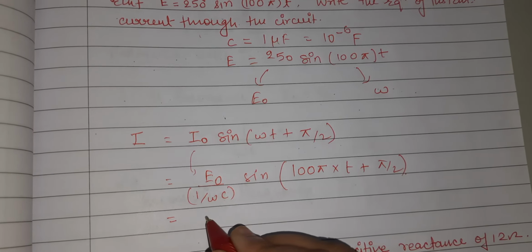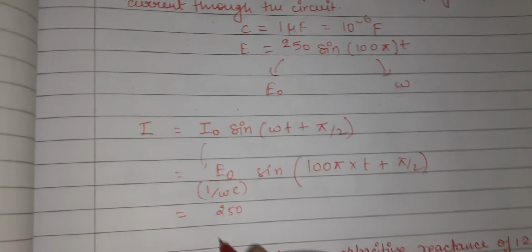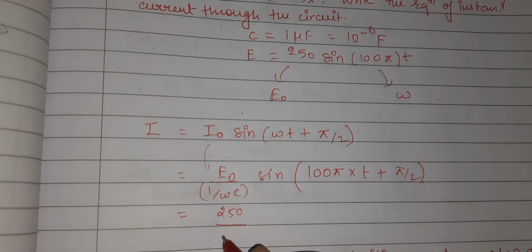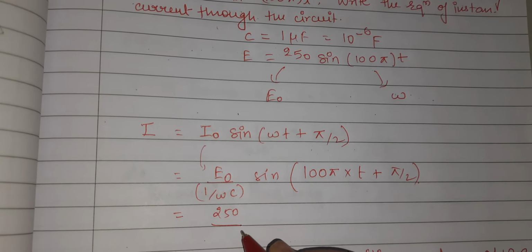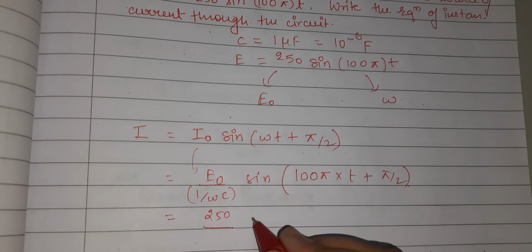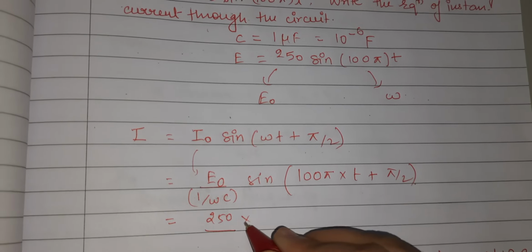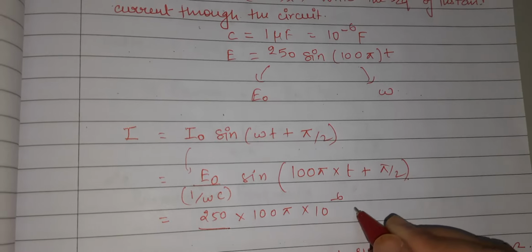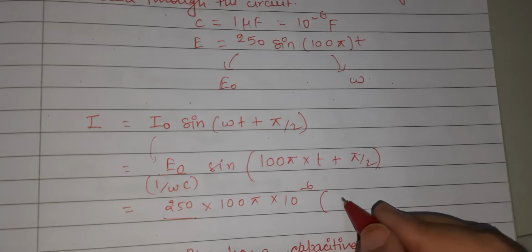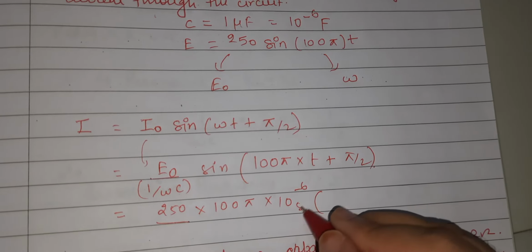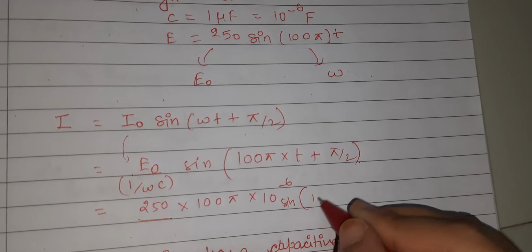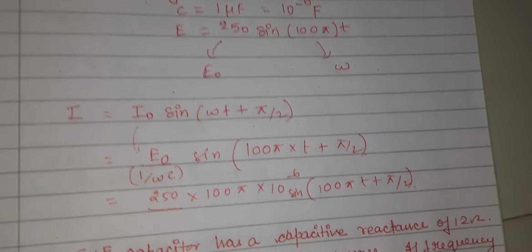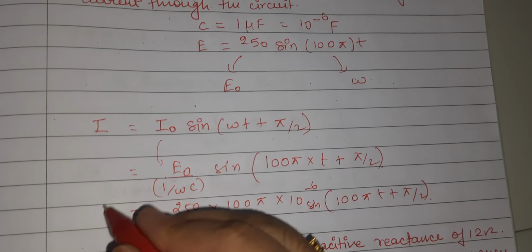Okay, so we have to put the values here. E naught is equal to 250, and 1 upon omega c is equal to 100 pi into 10 raised to power minus 6. So here I am writing 100 pi into 10 raised to power minus 6, and the rest of the things will remain inside the sine bracket, that is 100 pi t plus pi by 2. Okay, so this will be the final equation of